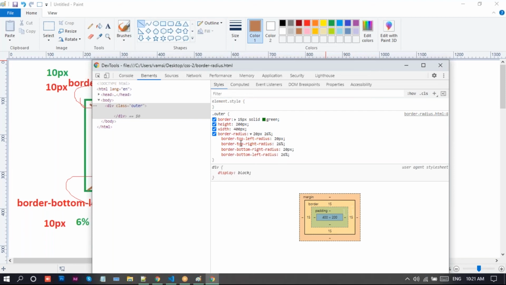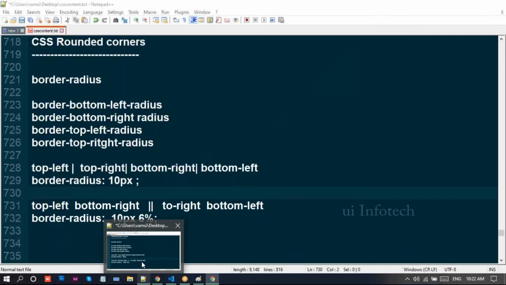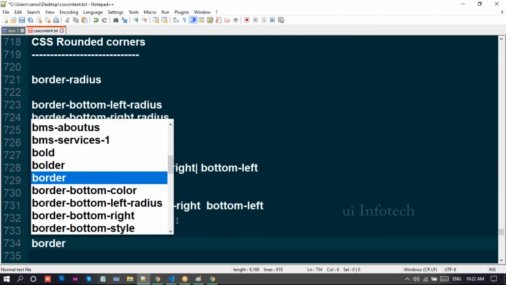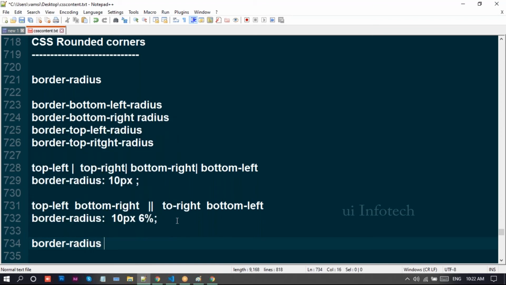Next, open this notepad. Here, if you find these two values, so what happens if you found three values? Border radius: here I mentioned 4 pixels, 6 pixels, and 7 pixels.